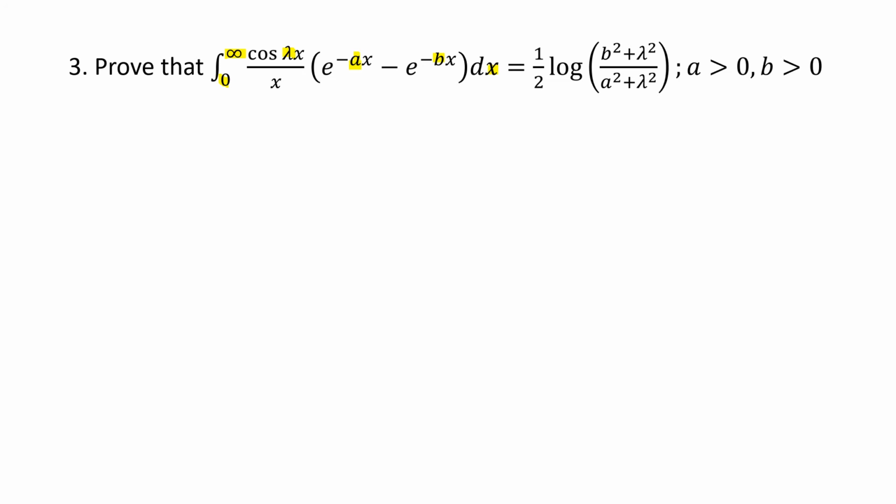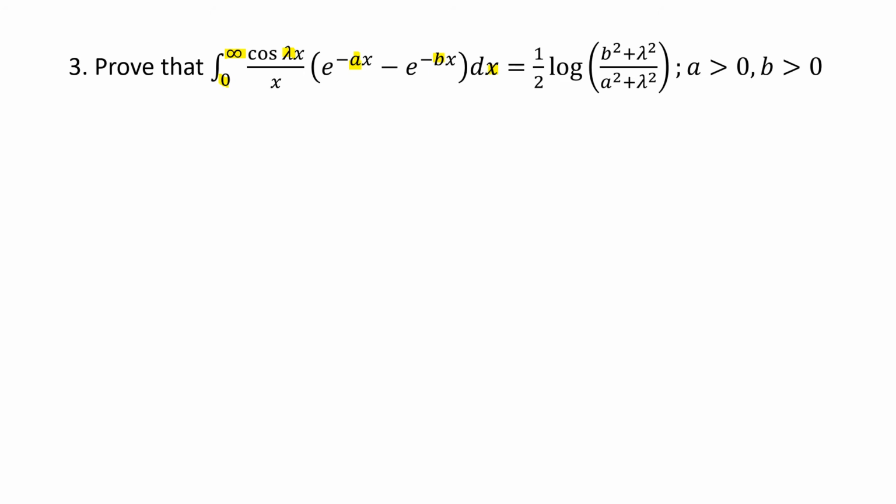Now we have to identify for which parameter we have to apply DUIS. To decide this, you have to identify for which parameter we will get the initial condition easily. If we get the initial condition easily for a, we will apply rule 1 for a, otherwise we can go for b, right? It doesn't matter, you can choose any one if the initial condition can be framed for both.